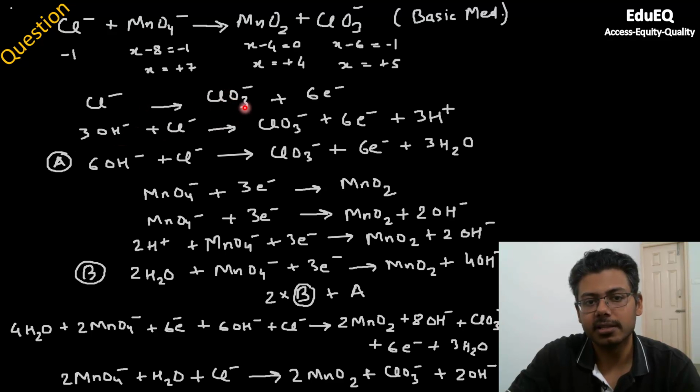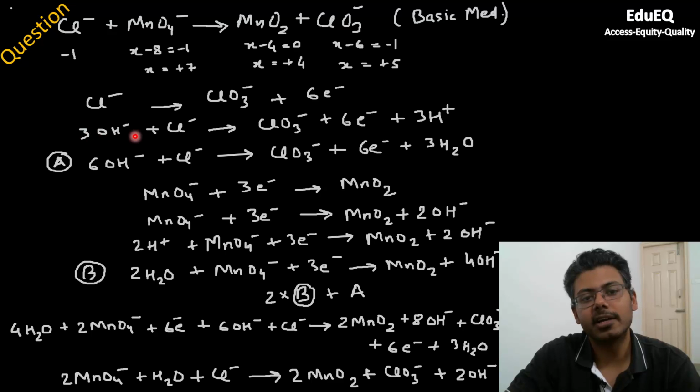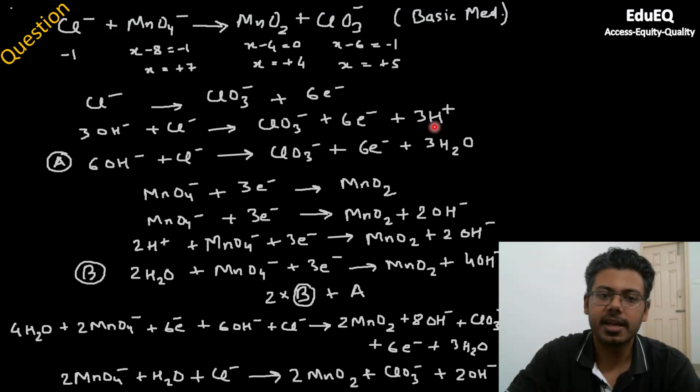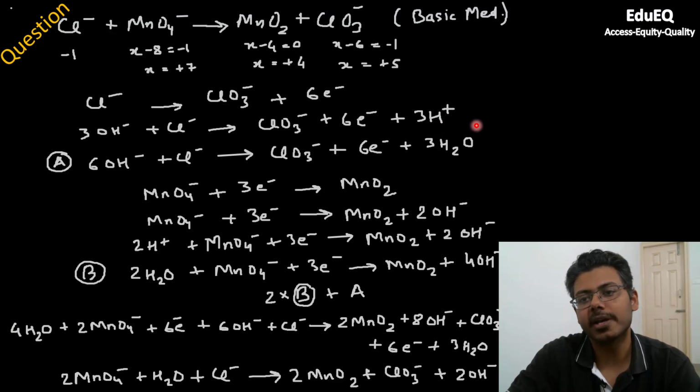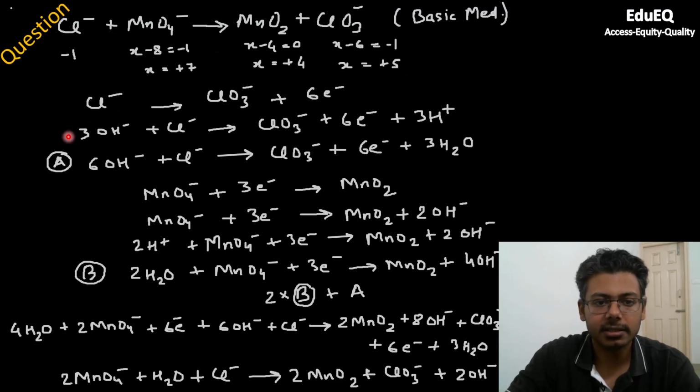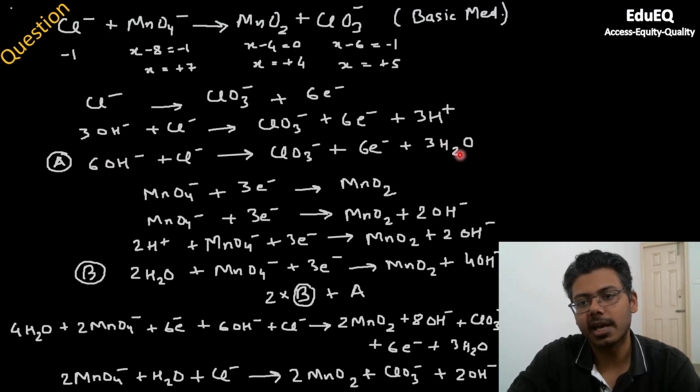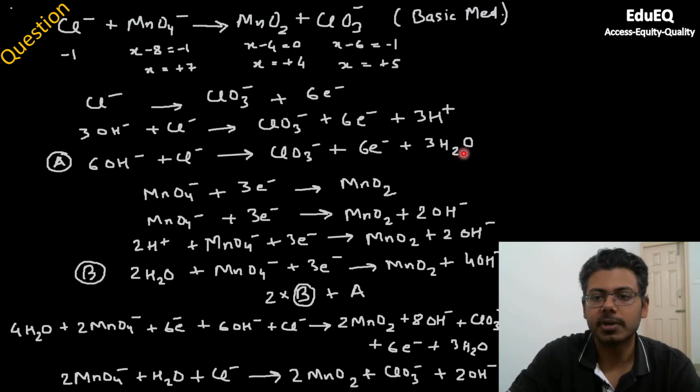Then similarly you have to balance the oxygen using hydroxide, because this is again happening in basic medium. So 3 OH minus plus Cl minus, you do it like this. Then you have to add H plus ions to balance the hydrogen. Whatever you have added because of hydroxide, same 3 H plus you have to add here. And now since this is a basic reaction, you have to add same number of OH minus on both the sides of the reaction. So you have to add 3 OH minus here and 3 hydroxide here. So this becomes 6 and this becomes 3 water, because H plus plus hydroxide or OH minus is water. So this becomes first reaction.